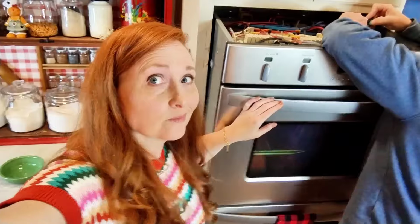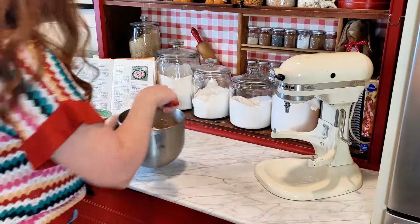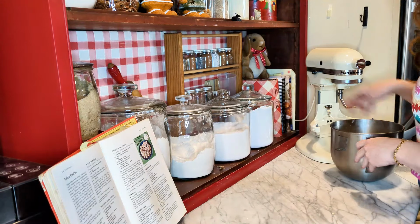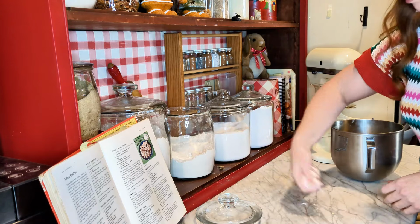That failed. He had to order some extra parts, so we went and dug a convection oven out of our garage. So thankfully that worked, and you'll see how it works in the end. All right, now that that fiasco is out of the way and I have my convection oven up and ready to go,